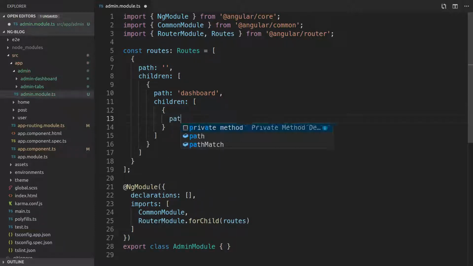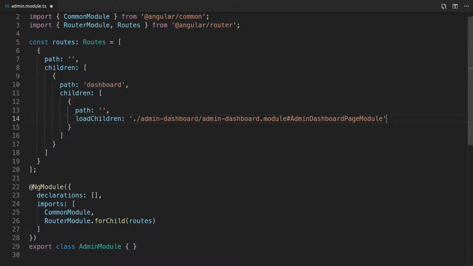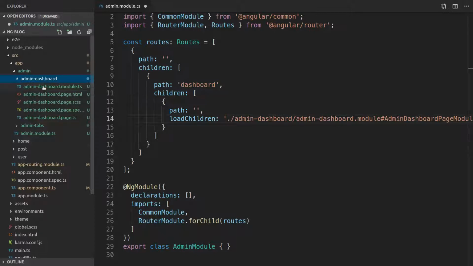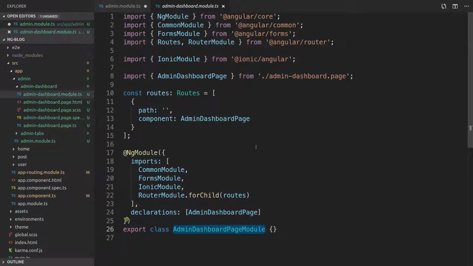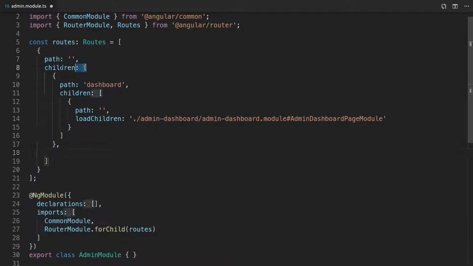So path, it's empty because we already named it up in here. And then we can call loadChildren and add that path. And again, we are loading this folder, the module, and the dashboard page. Folder, the file, and the class name. Now, one more inside this main children here. For the root,